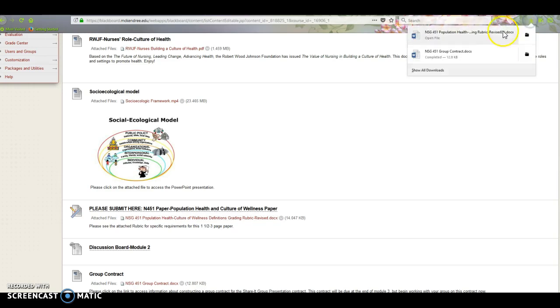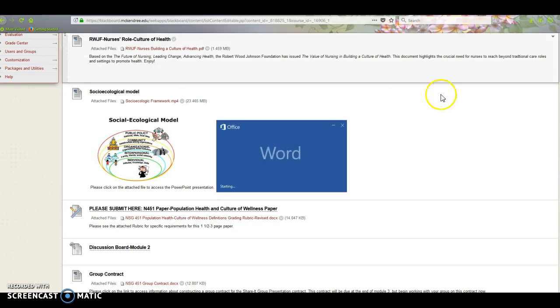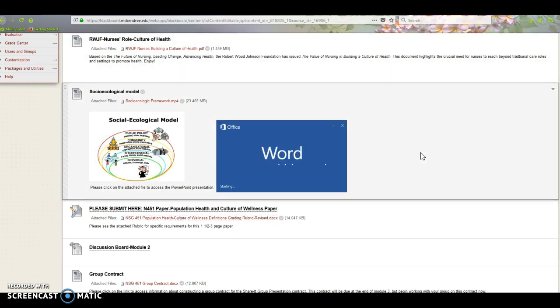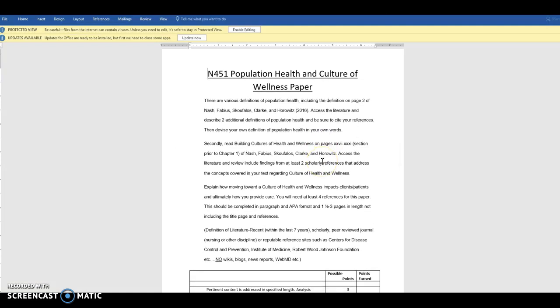Let me download that and we'll show it to you. Okay, so basically it gives you what I'd like for you to do. So there are various definitions of population health, including a definition on page 2 of your textbook. So what I would like for you to do is include the definition of your textbook, and then I want